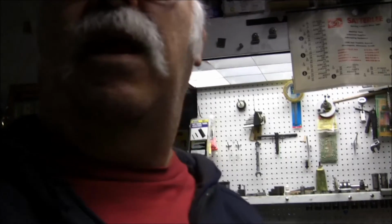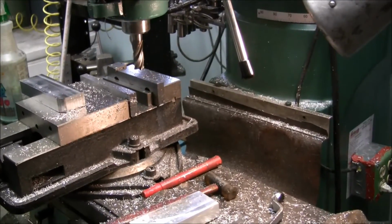Anyway, I hope that's of use to somebody. Now I'm going to go ahead and continue my little project here. I'm still working on that project. I just thought that maybe some of you would like to see what they call a corn cob end mill, a roughing end mill in action. This is actually an end mill made for steel, because they make a 3-flute, which I don't know if I have a 3-fluter, but they remove metal without vibration, grabbing, and you can move a lot of metal real quick with them. And I just thought I'd give you a shot at how well they work. I mean, if you want to remove metal fast,